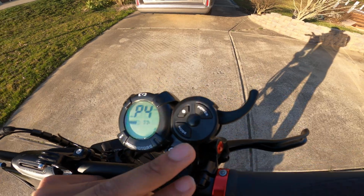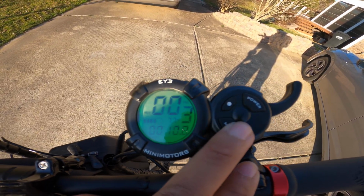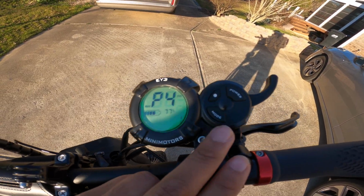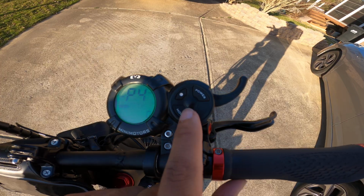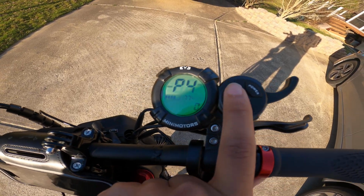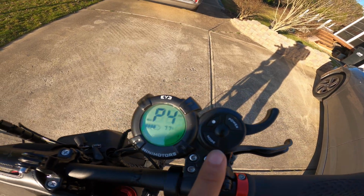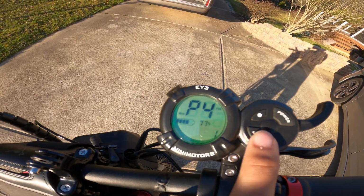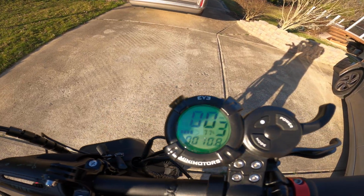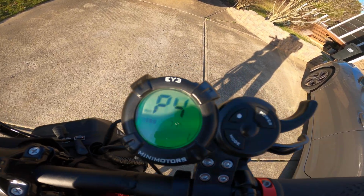Alright, P4 is where you can start changing stuff up. So 1 is miles, and if you push this button here, it can cycle through, the little dot. So 0 is kilometers, and 1 is miles. So keep that in mind for non-Americans: 0 is kilometers. I wish it would stay on the screen for longer, but